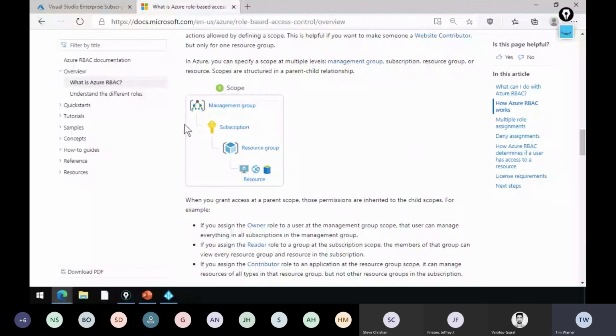You can do multi-subscription management at the management group scope, and there really should be one level above this shown called the tenant root, and that is associated directly with your Azure AD B2C or Azure AD tenant, and that's going to be above all of the other scope levels. Okay. I don't think you can go above. Maybe if you have an enterprise agreement, but I don't know. I don't have enough experience on that.